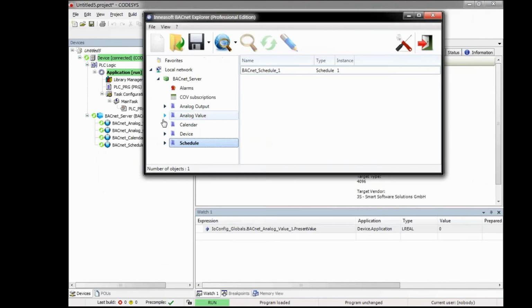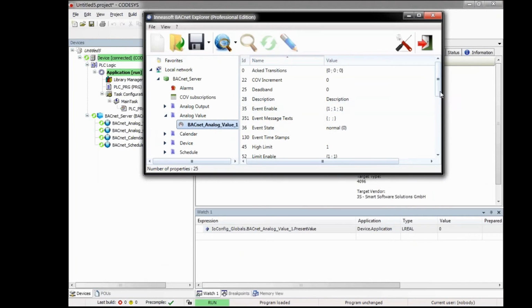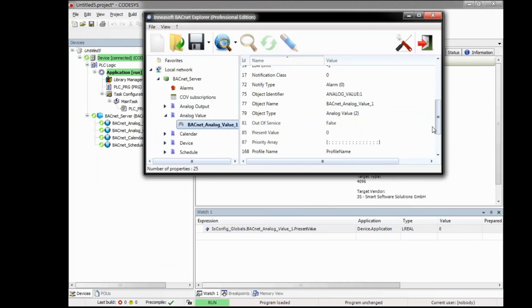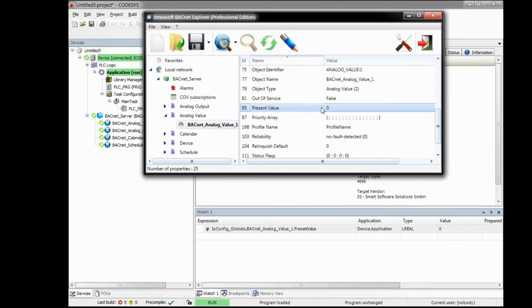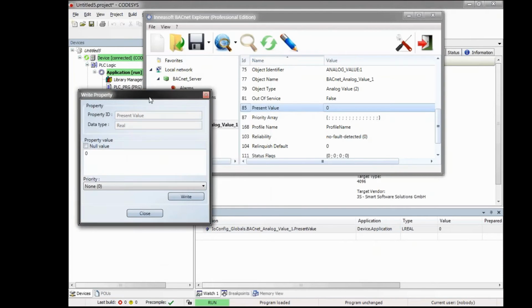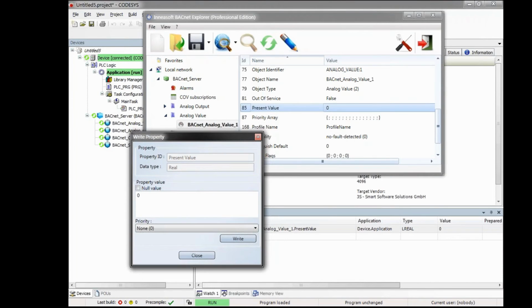That's what we should also see here. So we look at the analog value object in the external client, look for the present value, and it's also 0.